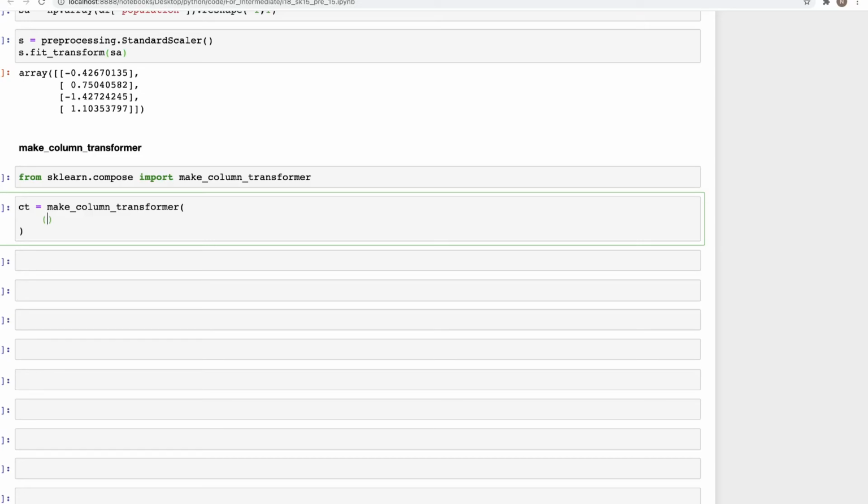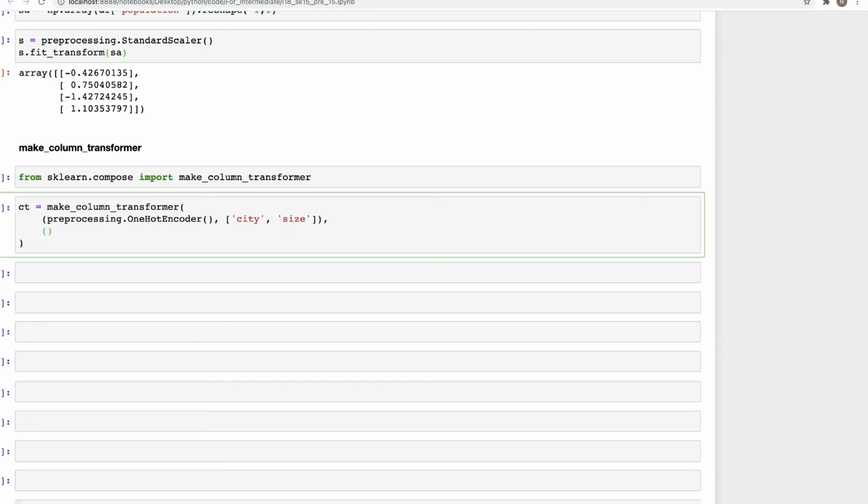The first one is preprocessing.OneHotEncoder, and this would be for two columns, and we can specify both of them here, city and size. And the next one is count vectorizer,